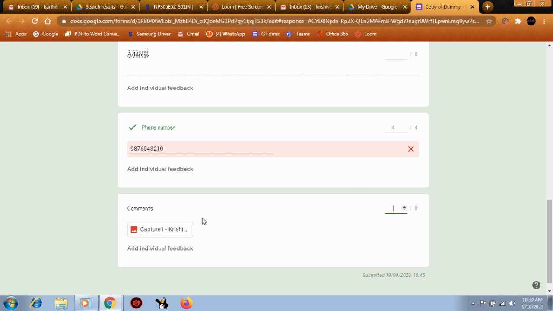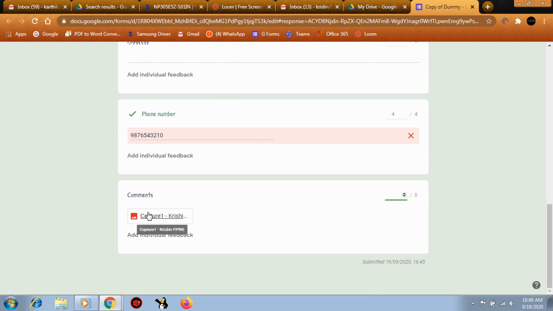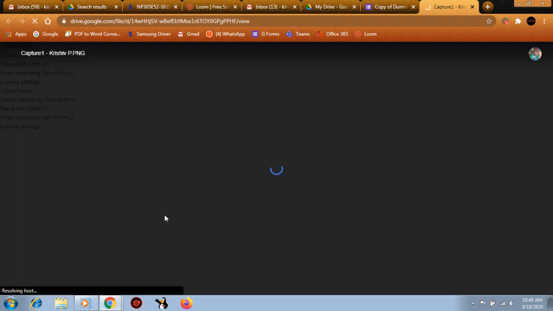Okay, and here is the question for which we have given an attachment. So here is the attachment for that particular question. This is student wise, so it is very easy for me to do this. You can do even question wise. Okay, you can open that question wise tab and click on that, but it is not easy to give marks that way, so I am just giving them this way.